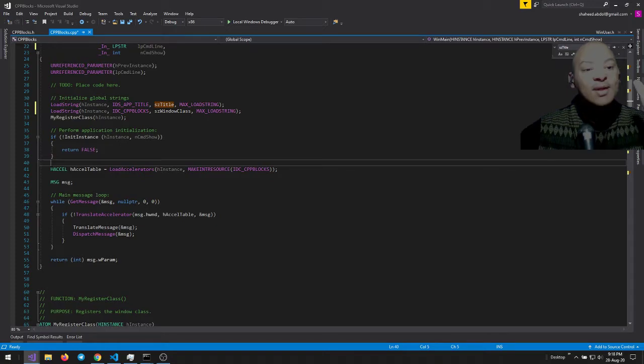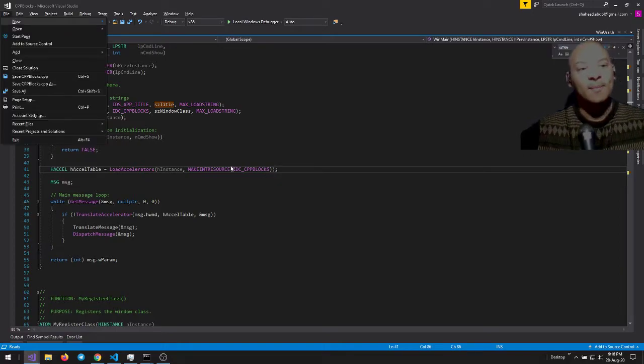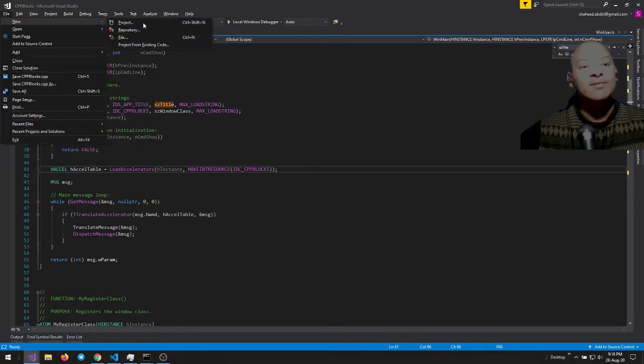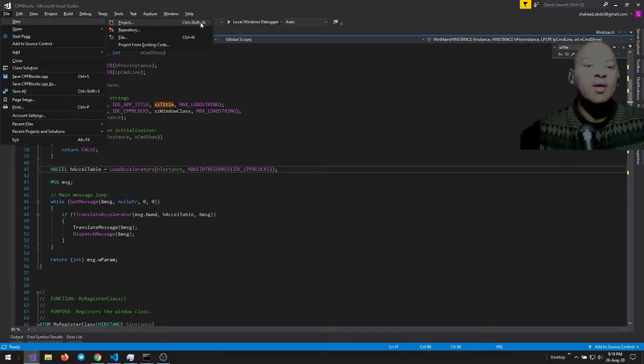So here's an accelerators table. Accelerators are things like if I hit this keyboard button Alt F, right? There's a bunch of little mnemonics here. If you want to do this, Control Shift N, that's an accelerator. That's a keyboard accelerator. The reason it's called an accelerator is because if you have your hands on the keyboard and you're busy typing, it is faster to hit a key shortcut combo